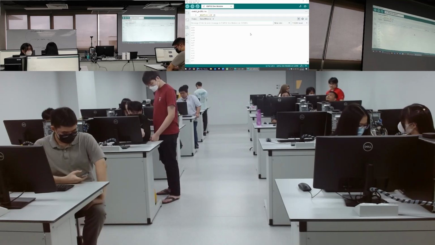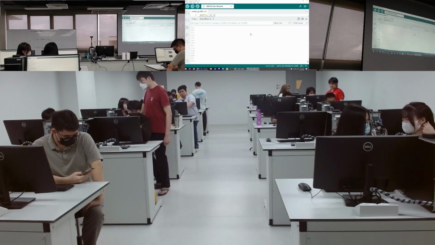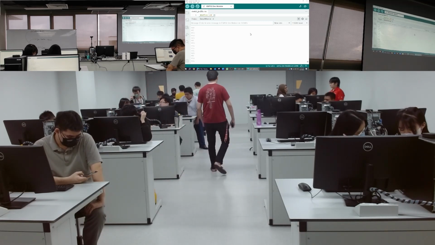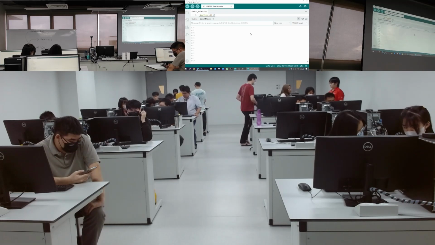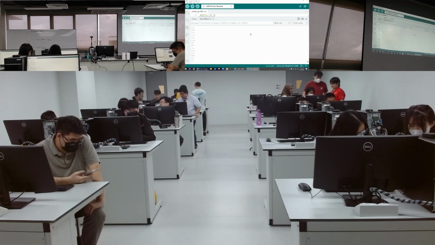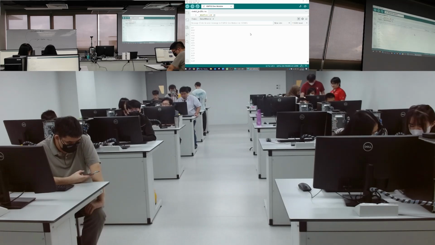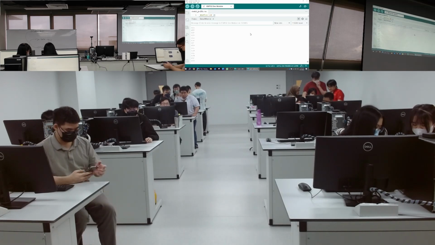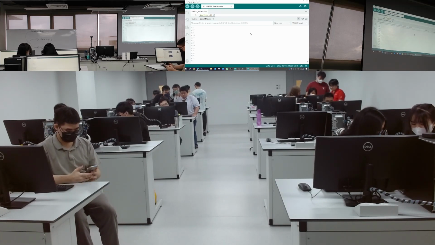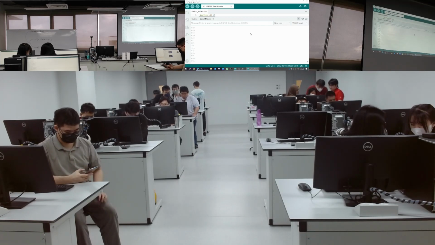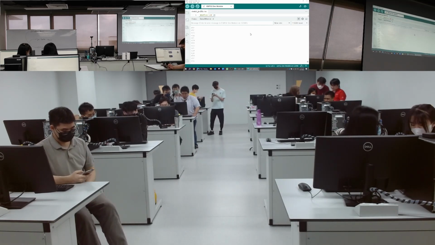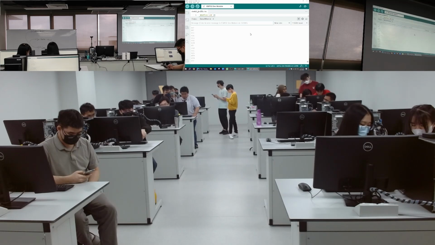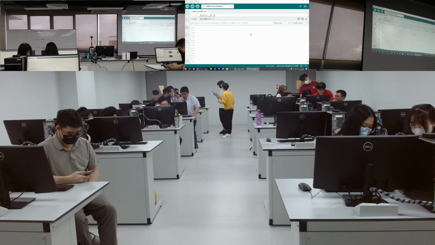Oh, so I need to put this on analog. ADC, ADC, ADC. 36? 36, 39. Put beside this. So this is 39. Make a new one. This one, value one until